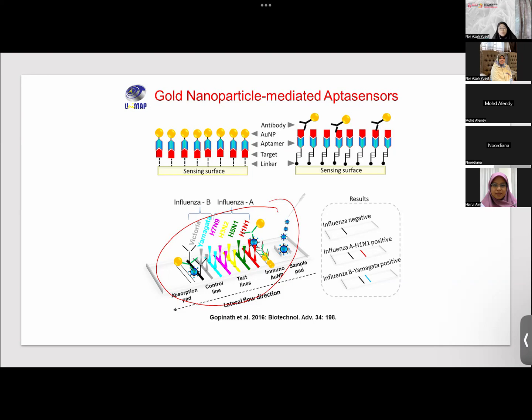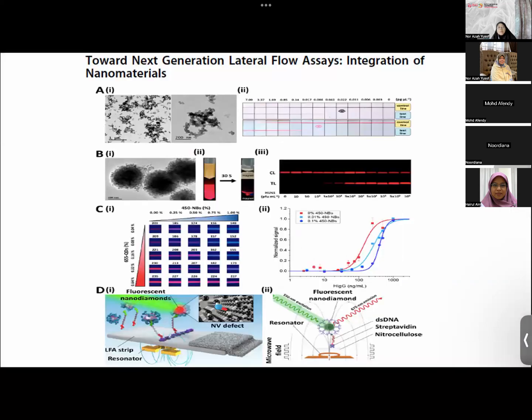So when it goes from sample to here, the bioreceptors will capture the specific target that matches each bioreceptor, each biomarker. Okay, so it is possible, yeah. So you can refer to this paper. There's a lot of latest papers as well. And I also provided you with this paper,